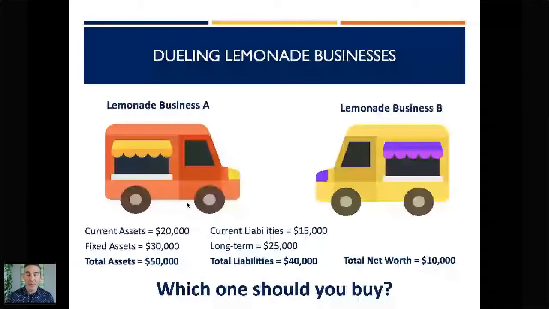The answer here, I'm not going to waste too much time. The answer here is that there's really no way to know just with this information that we've been given. So you might guess that we're missing some information over here on the right, the total net worth. Maybe we need to know a little bit more about net worth in order to make this decision.